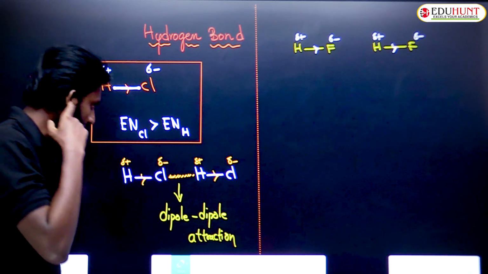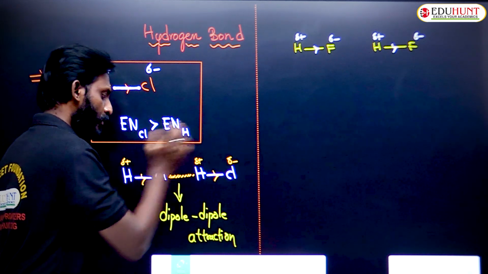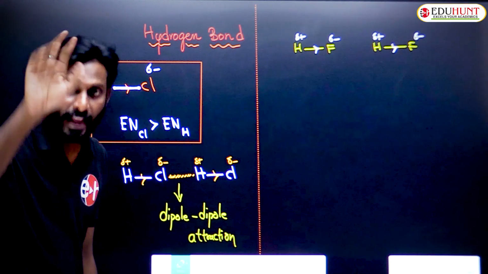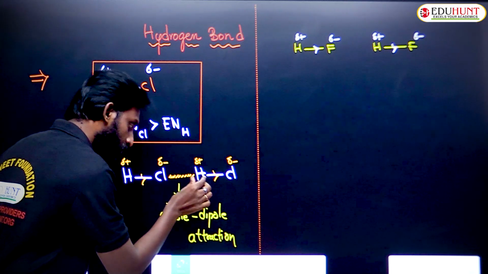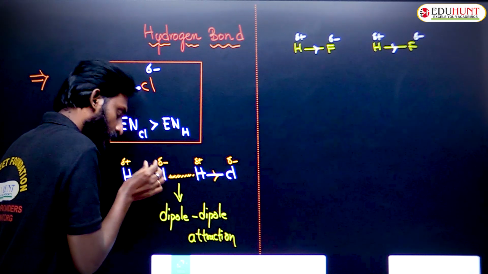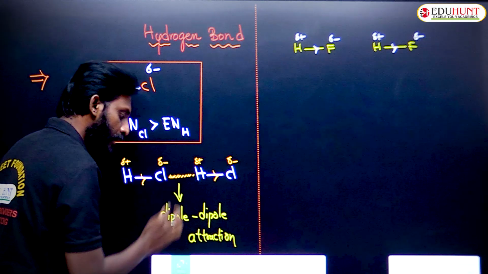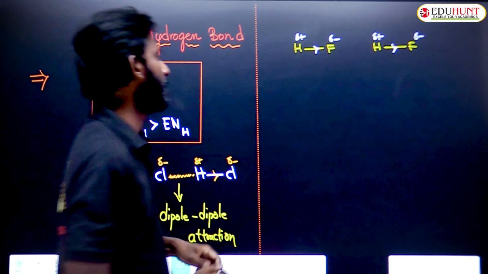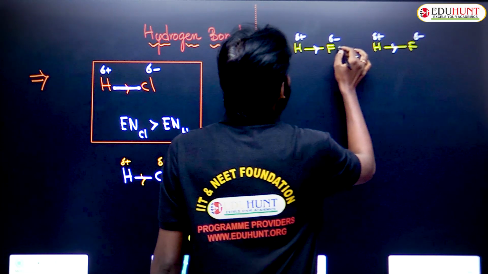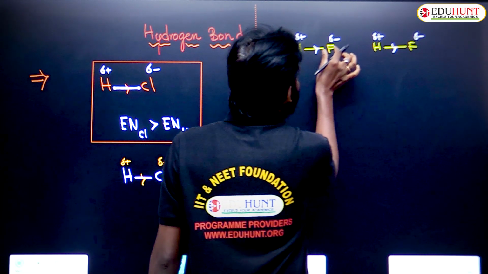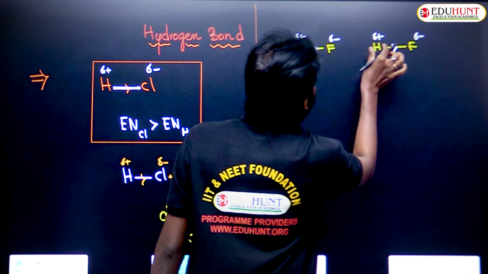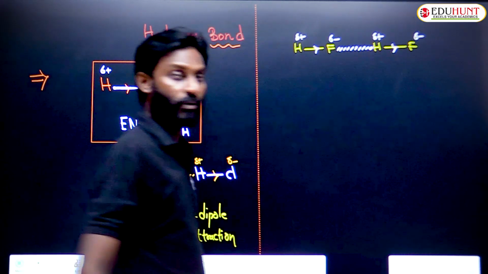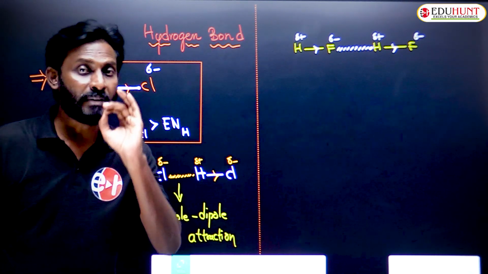As you studied here, there is a dipole, there is an attraction between the partial positive charged hydrogen and partially negative charged chlorine, and that attraction we named as a dipole attraction. Now, the same kind of attraction you can expect here. Yes, there can be an attraction between this partially negative charged fluorine and partially positive charged hydrogen. Okay, but you can simply guess